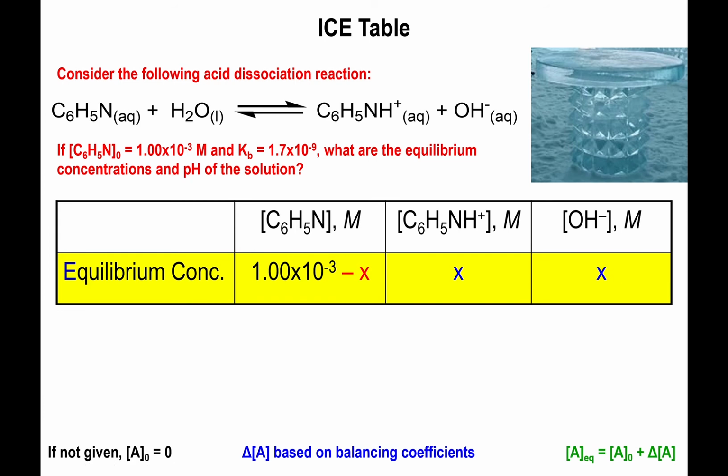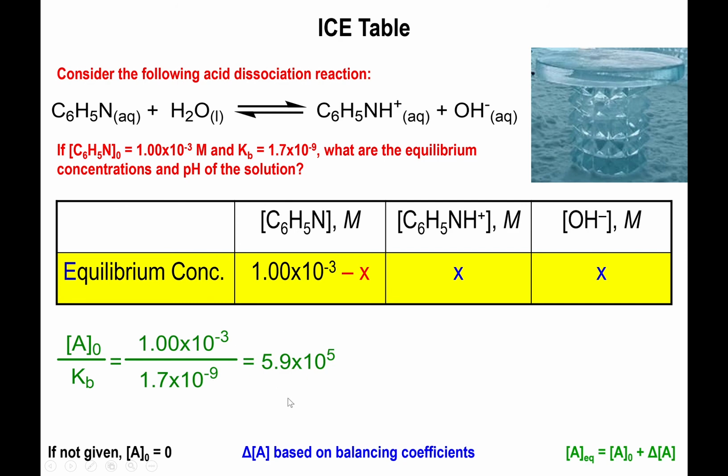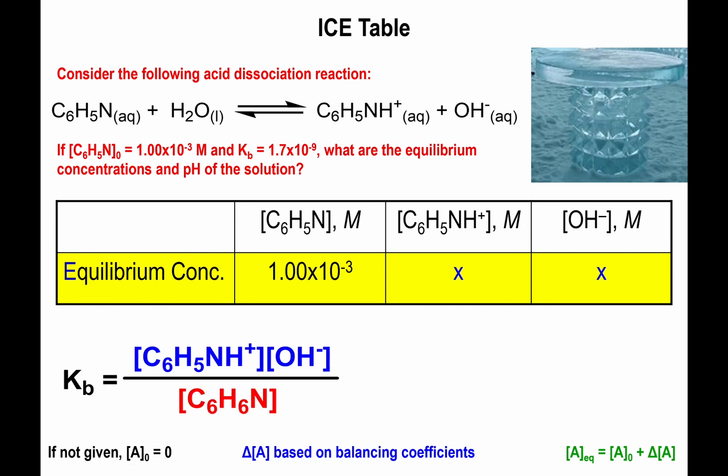Alright, so when we set up the equation for this, one thing to notice is that the initial concentration, 10 to the negative 3, divided by the value of K, 10 to the negative 9, is indeed going to be a lot greater than 400. So right here, the minus x can actually be neglected. So when we write concentration of products divided by the concentration of the reactant, that should be a 5 by the way,